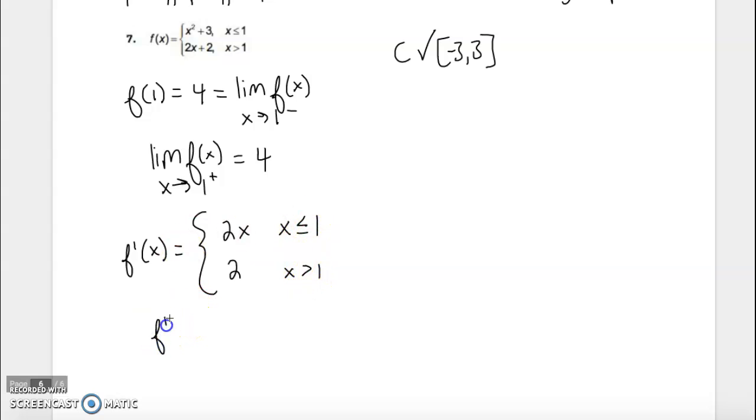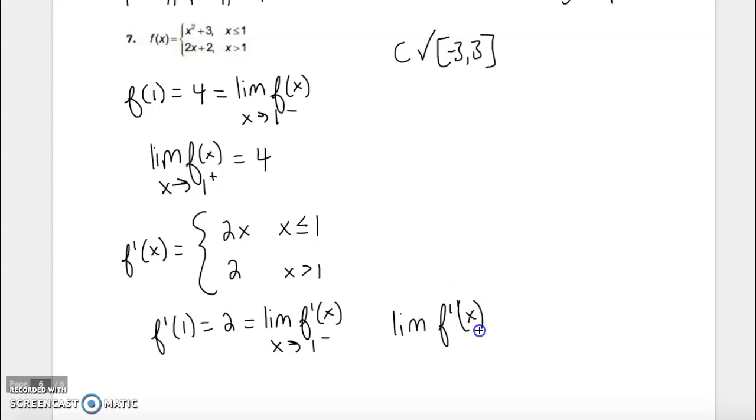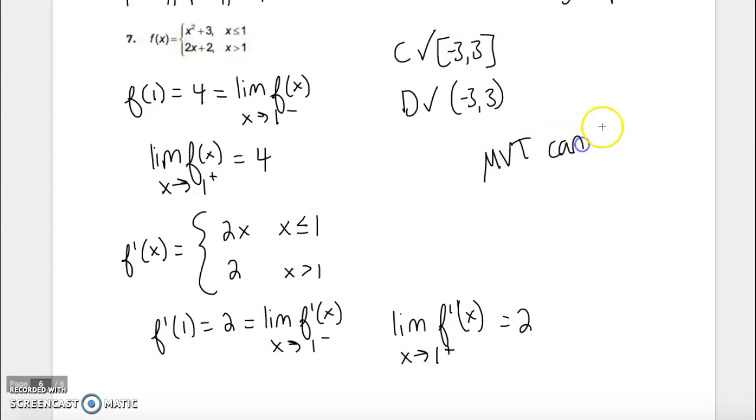So I'm going to find f prime of 1, which is 2. That's also my left-hand limit. And then my right-hand limit would also be 2. And so, yes, I would say this is differentiable from -3 to 3. Therefore, the MVT can be